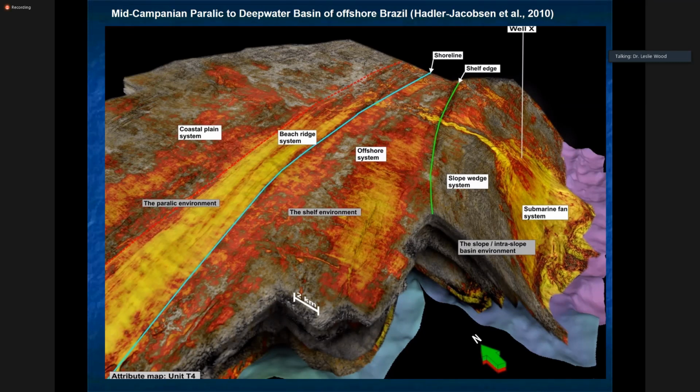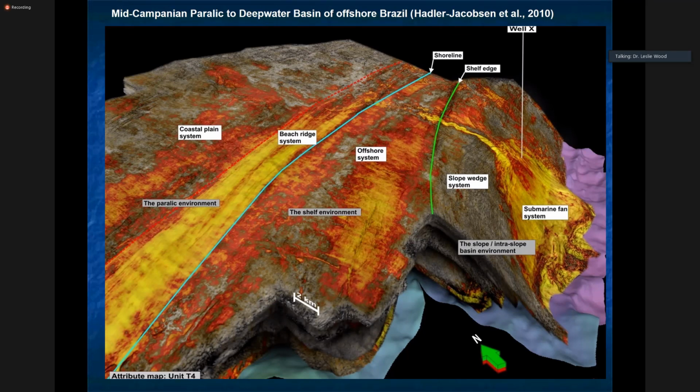It's the Cretaceous. And so you can really see and begin to visualize what the topography looks like all the way from the subaerial coastal plain off to the beach ridge systems and the offshore systems and shelf environments. And then finally into what I call a cross shelf incised canyon that's feeding directly down into a submarine fan system. And so these types of topographies really broadened our sense of what landscapes and seascapes looked like.